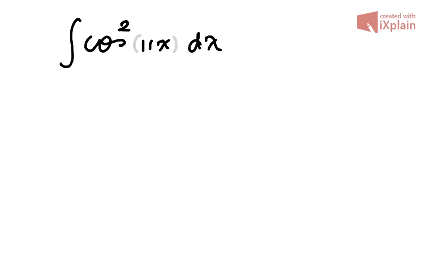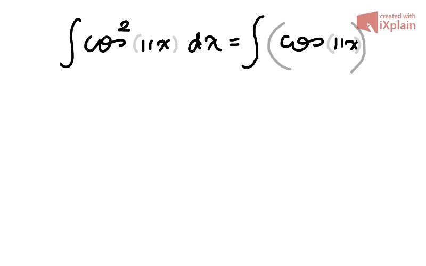Integrating cosine squared and sine squared. Let's look at an example with cosine squared. Cosine squared of 11x, being the angle with respect to x. We could actually rewrite this as cosine of 11x, all of it to the power of 2, because that square belongs to the cosine only, but sometimes the shorthand